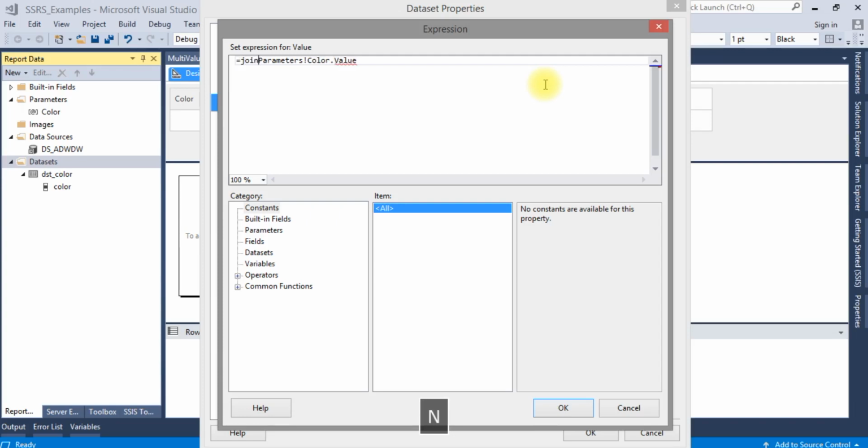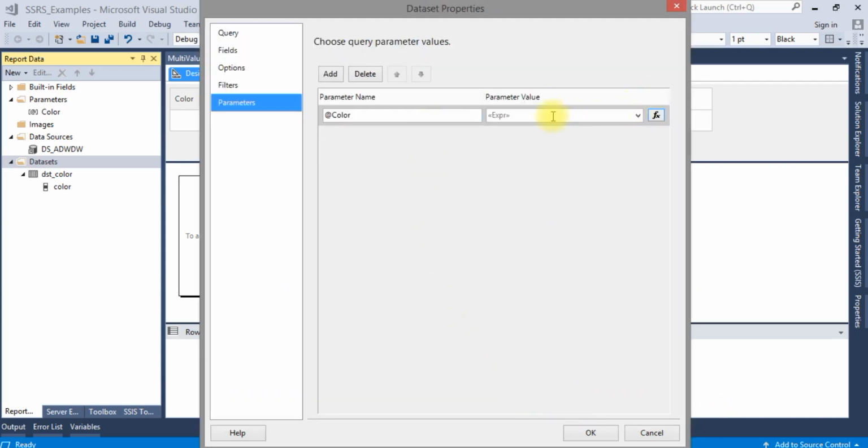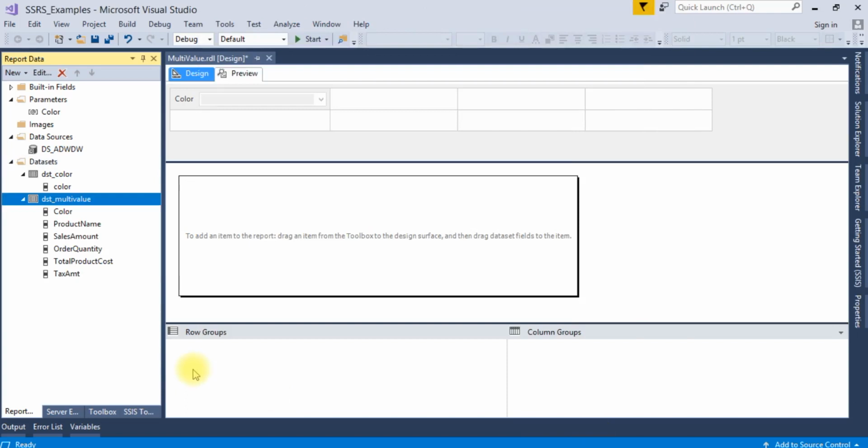So here you need to write Join, so it will join all the values. If it is red and gray, it will be red comma gray. It will make the value like that. So it will come as an expression.